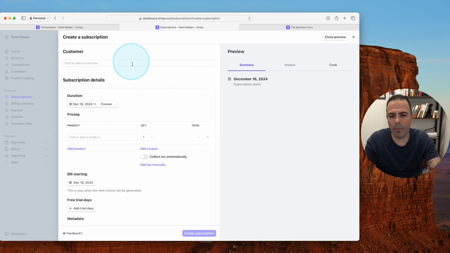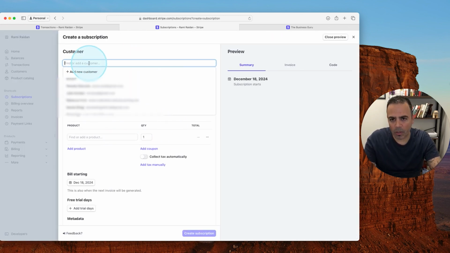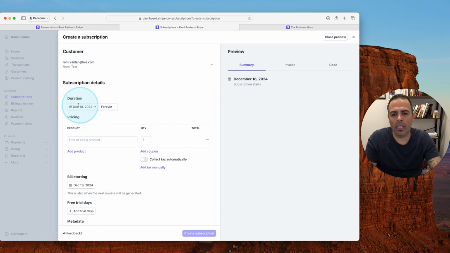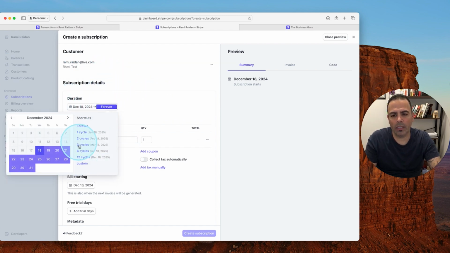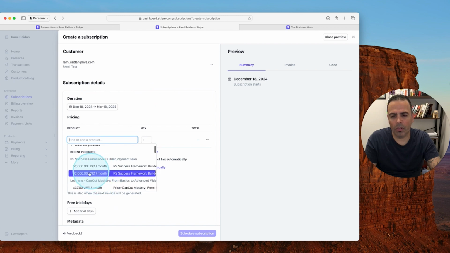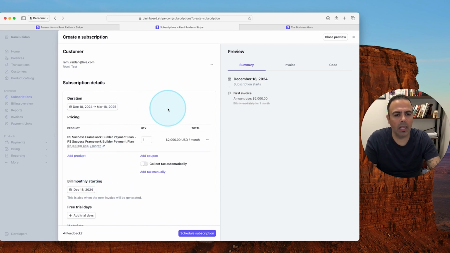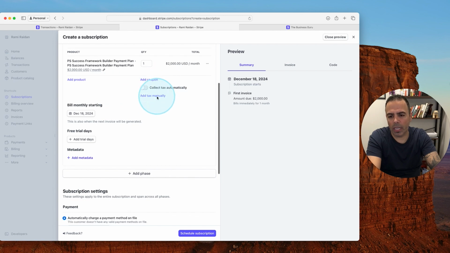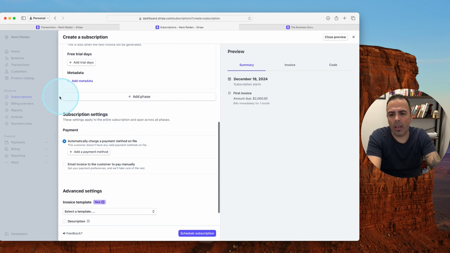Let me go back to it. So again, you first type the customer, then select duration, how many cycles. All right, you can do custom cycles here, so I'll do 3 cycles, apply, and select the product. So if your product is like $6,000 and you want to break it down to 3 payments, that will be $2,000 a month. Then same thing, you have the option to collect tax, and here you have the option